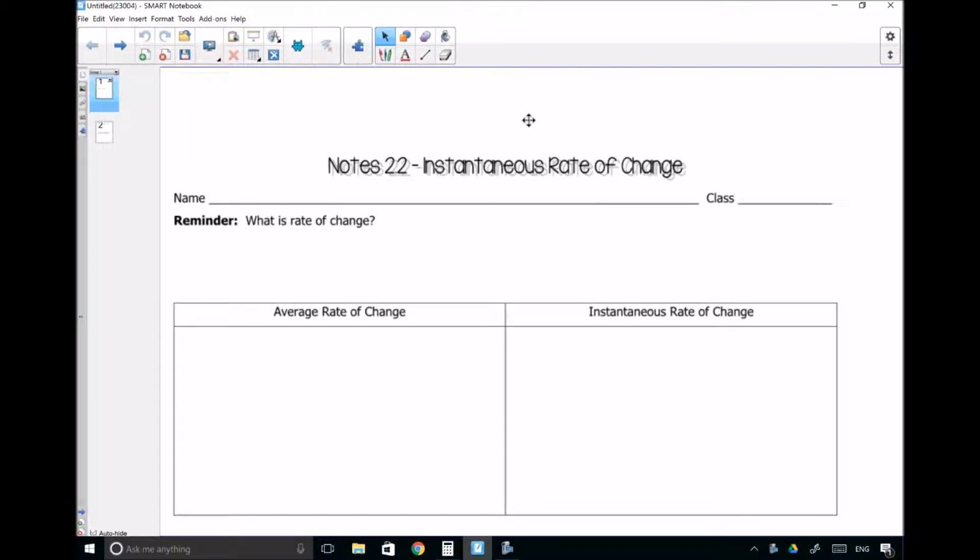Hi, ladies and gentlemen. We are looking at Notes 2.2, Instantaneous Rate of Change. So this is going to be a continuation of our discussion that we had today in class. Today we discussed the difference between average rate of change and instantaneous rate of change graphically, what it means on a graph, okay? But I want to get into how to actually find instantaneous rates of change